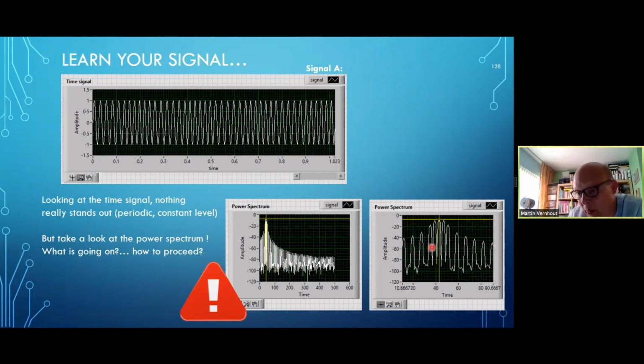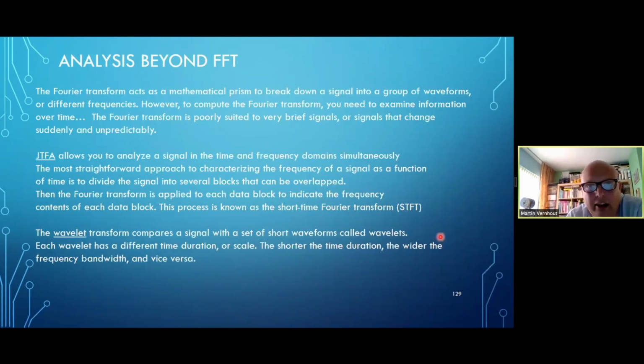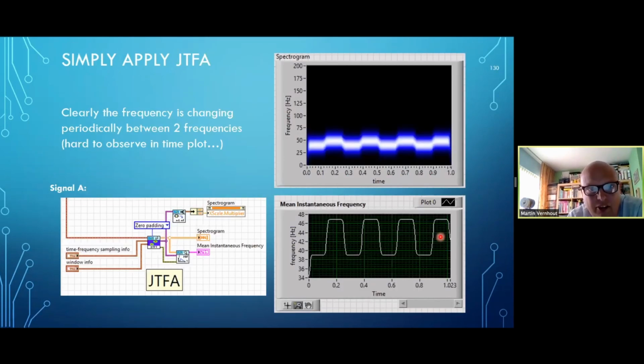Because if you now measure the AC signal by just finding the highest peak in the power domain, did you actually estimate the power of the signal, or is a lot of that energy being moved to the sidebands, the upper and the lower sideband of your modulated signal? So analysis beyond FFT, yes, there is much more. JTFA, wavelet transformations, they give you more insight. And the better you know your signal, the better it becomes to analyze correctly and estimate the values.